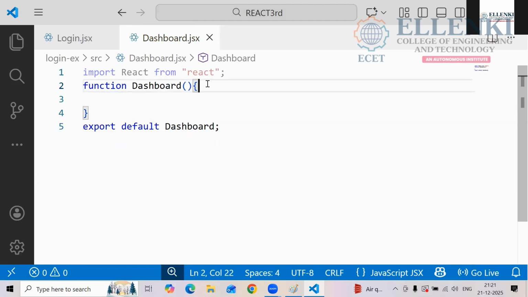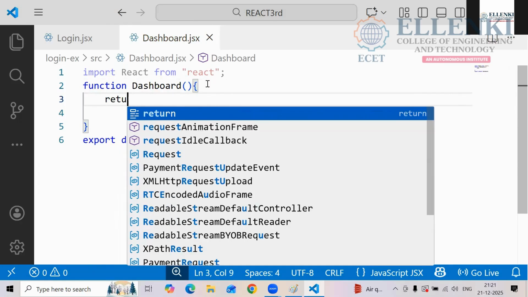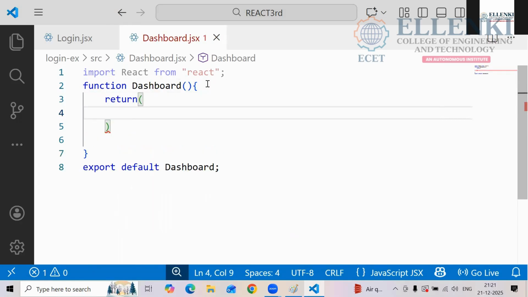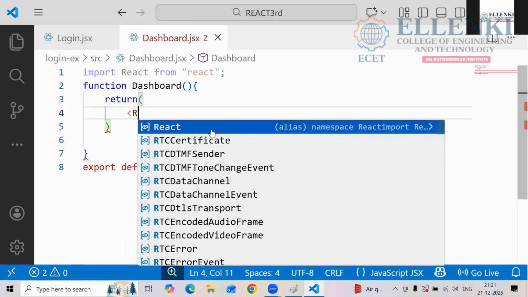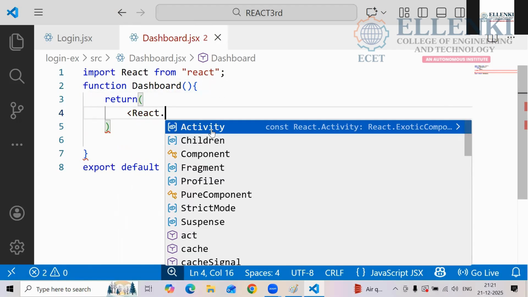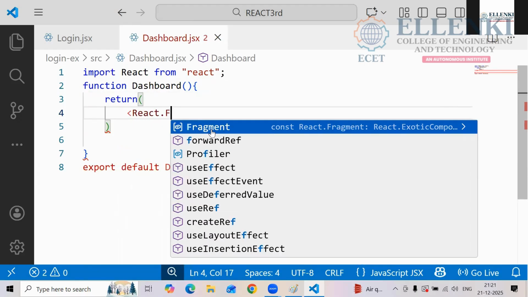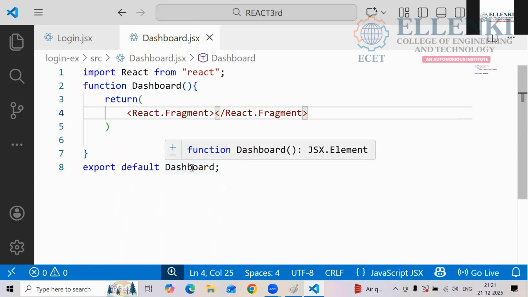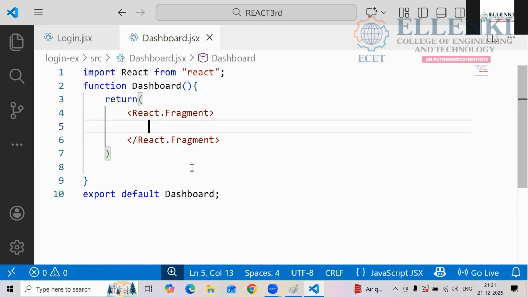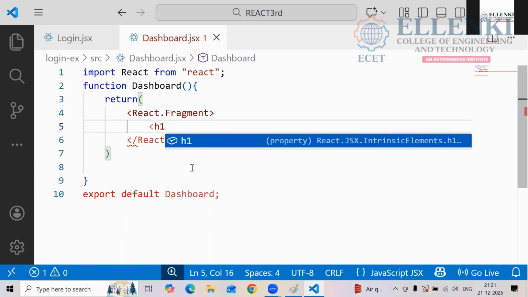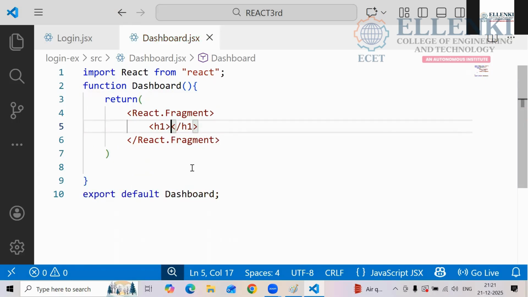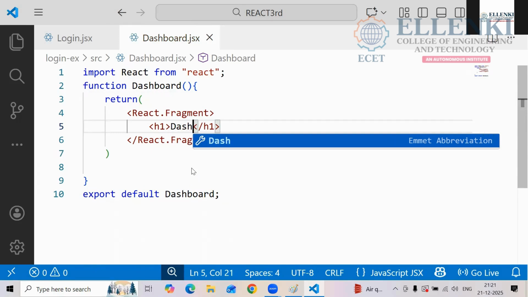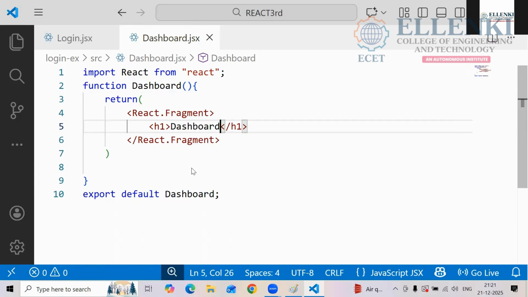Now you have to write return, very good. In this return you have to use React fragment. Why are we using React dot fragment? Correct, right? So here I'm using one tag, that is the h1 tag, and here you have to give the output, dashboard page.